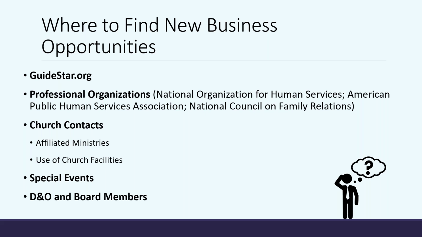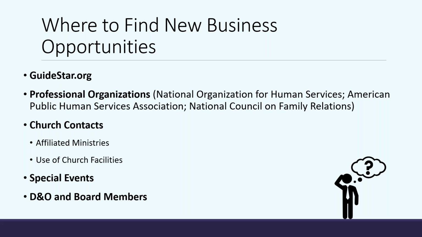And then we could get them on a renewable annual policy instead of that one-off special event. So just take a look at your book of special events and just try to recognize if there's any nonprofits that may fit under this type of product and this type of organization. And then D&O and board.